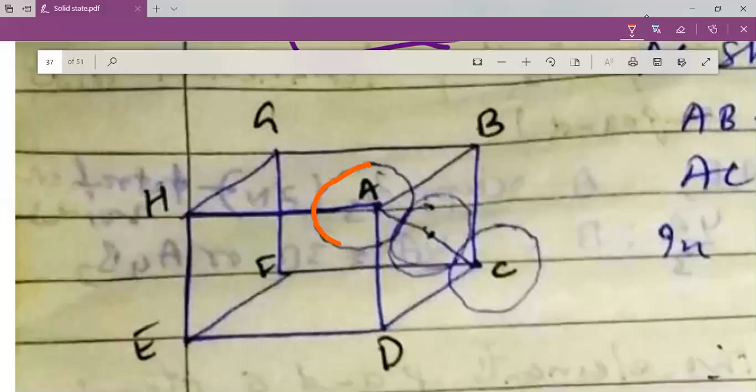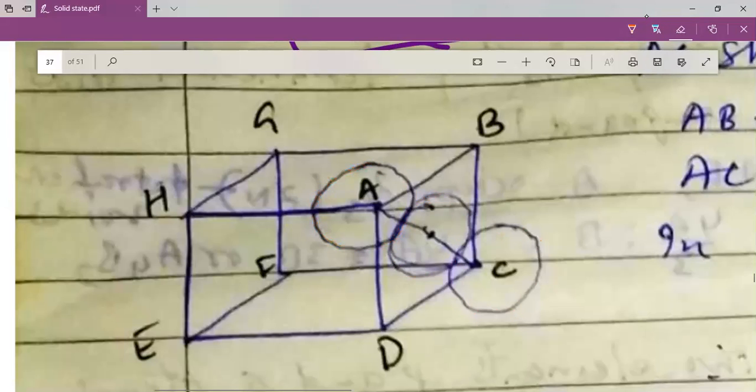this is the atom which is present at the corner. This is the atom which is present exactly at the opposite corner. And this is the atom or a molecule or a particle that is present at the face center. So this is how we understand this. We have just shown those atoms which are needed to calculate the packing efficiency. All the other atoms we have not actually described here.